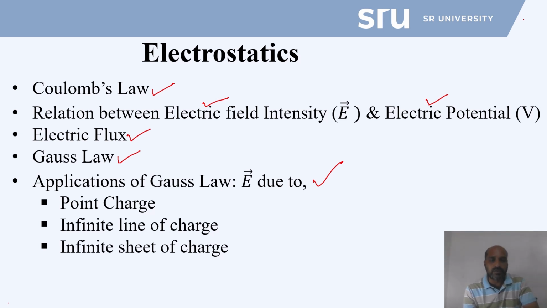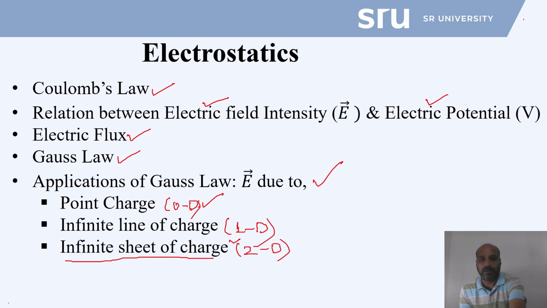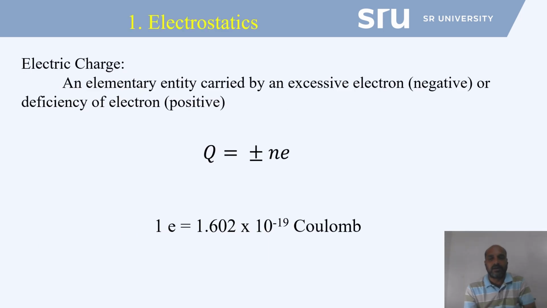This charge distribution includes zero dimension, I mean point charge, and one dimension, infinite line of charge. I mean, the charge is distributed along the line, and a two-dimensional charge distribution, which is infinite sheet of charge. But in order to proceed with this, first we'll try to understand the basic entity of electrostatics, which is electric